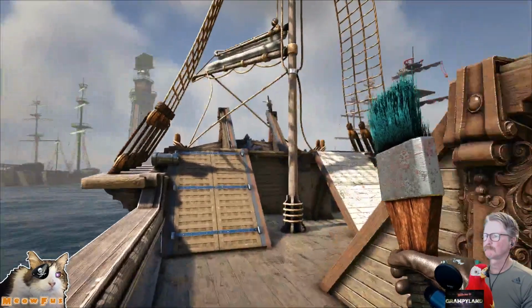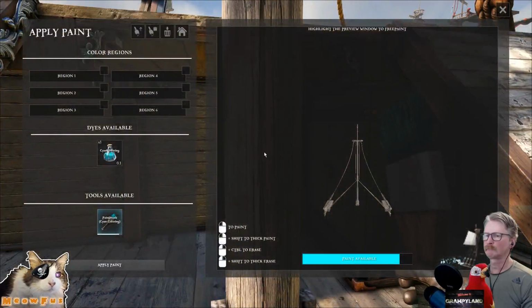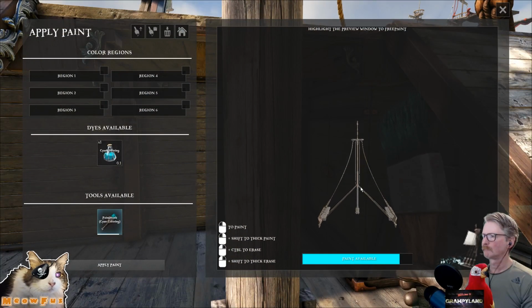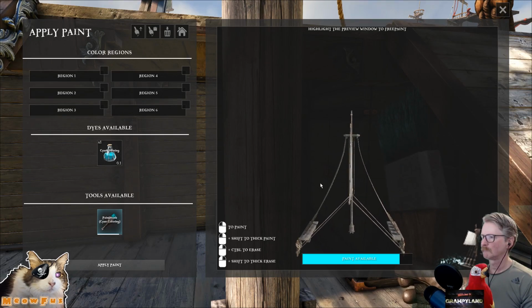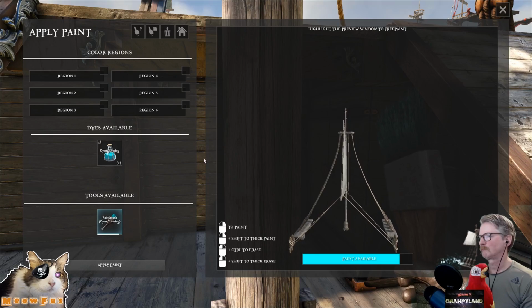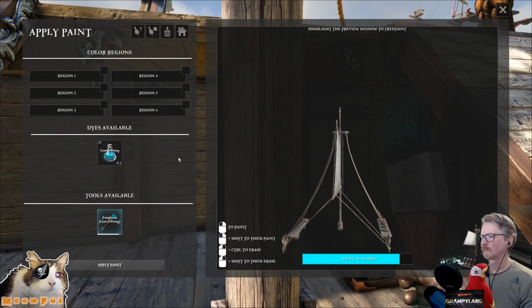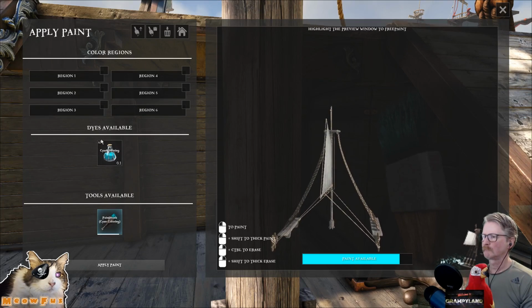So you have to have your paintbrush in hand and you smack it with whatever you're trying to paint. Here we're doing the sail, and right mouse button will rotate. For example, this sail is really hard to see where you're painting, so you gotta really scroll to the side. And if you don't have paint on your brush, you'll have to drag it onto the brush. But then